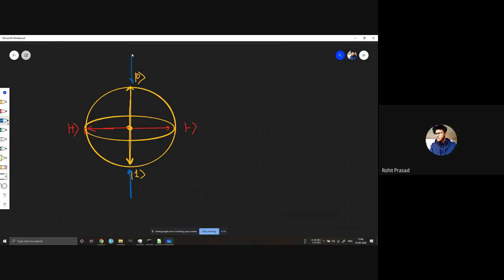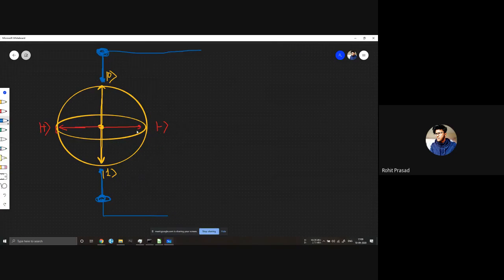So let's imagine that you have a wire, which means you have an observer, like a circuit observer or anything, that only measures these two things. If we want to measure in this basis and this basis, what we can do is just rotate this whole Bloch sphere by pi by 2, right? So then what will the sphere look like? It will look something like this.